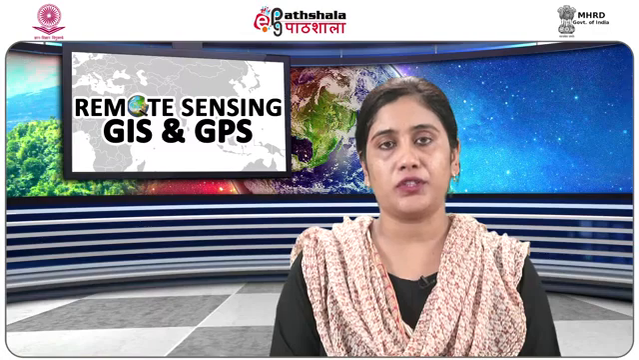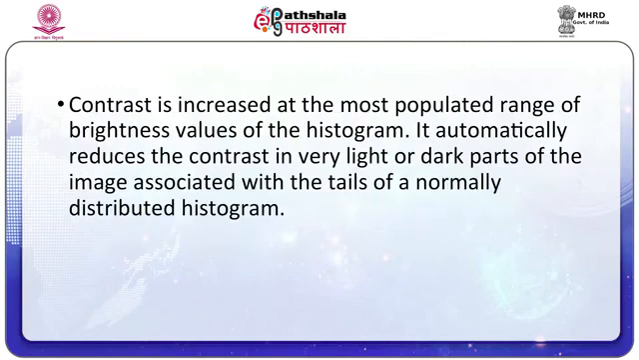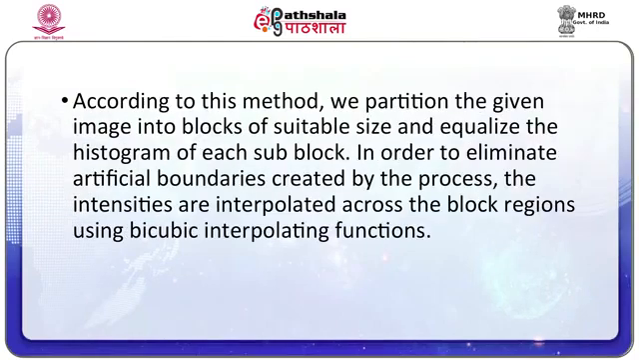Adaptive histogram equalization. In adaptive histogram equalization, the satellite image is divided into several rectangular domains, an equalizing histogram is computed, and levels are modified. This method enhances the contrast of images by transforming the values in the intensity image. Contrast is increased at the most populated range of brightness values of the histogram. It automatically reduces the contrast in very light or dark parts of the image associated with the tails of a normally distributed histogram. According to this method,